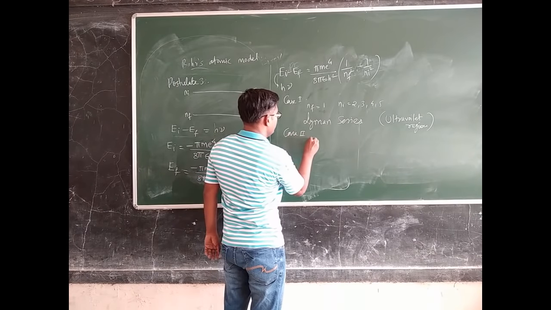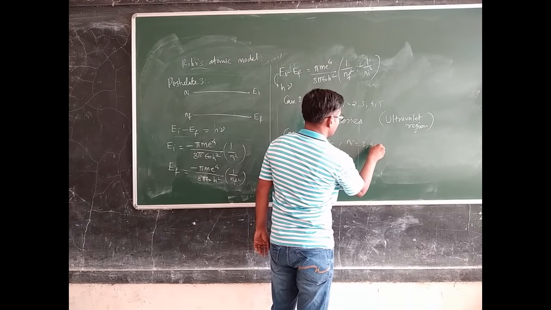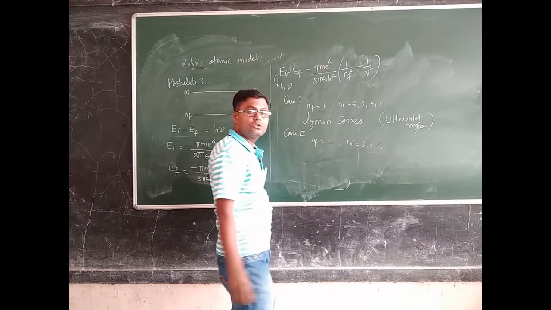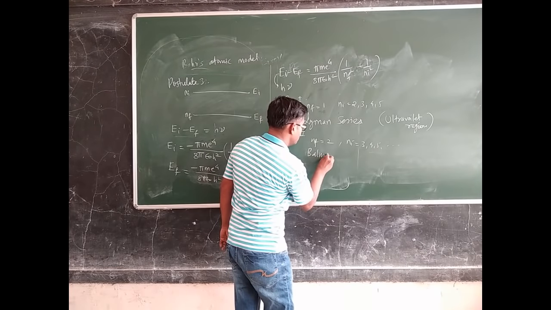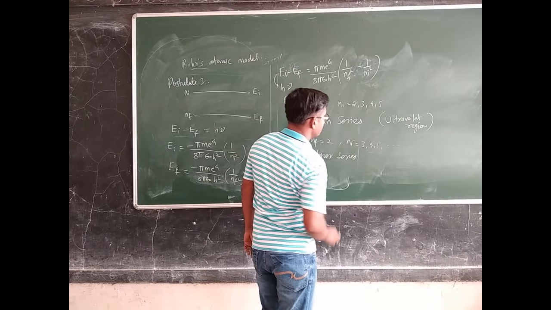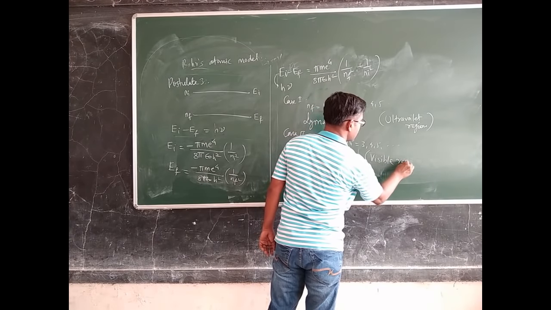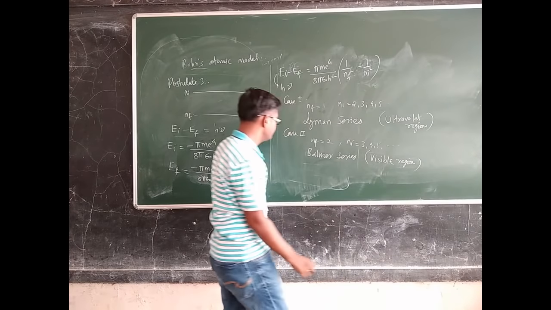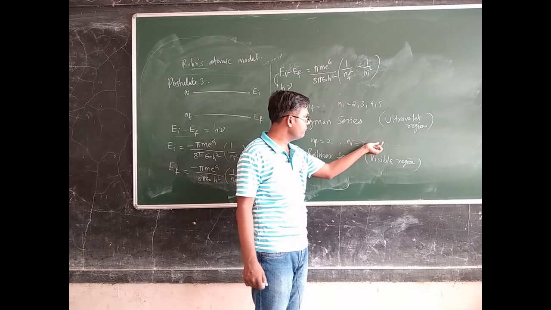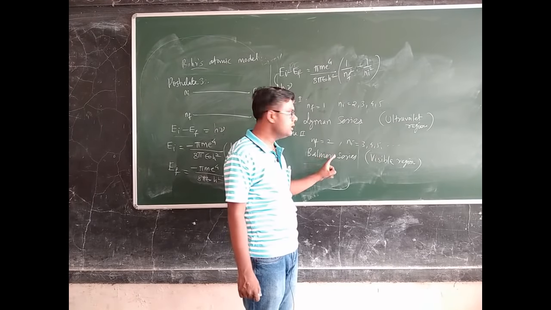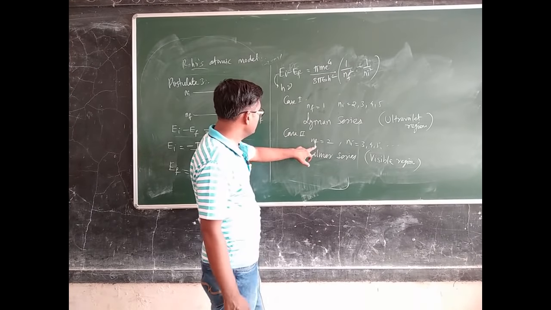Now if nf is equal to 2 and ni is equal to 3, 4, 5, etc., what do we expect? We will get the Balmer series, and this particular series we normally observe because it is in the visible region. It means that if the electron is making a jump from the third orbit, fourth orbit, fifth orbit to the second orbit, then only we will get the Balmer series spectrum. Now if nf is equal to 3